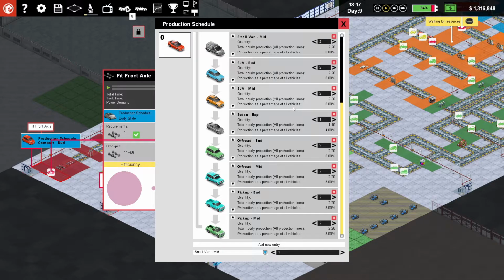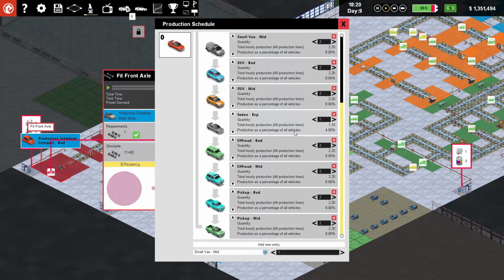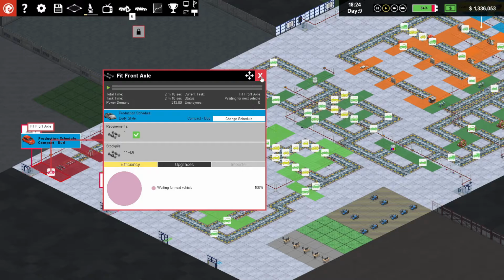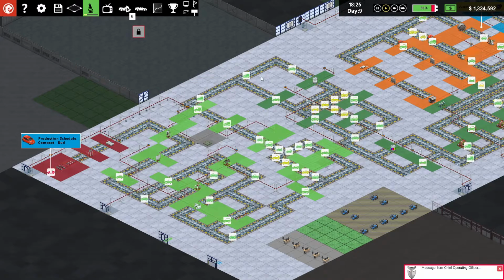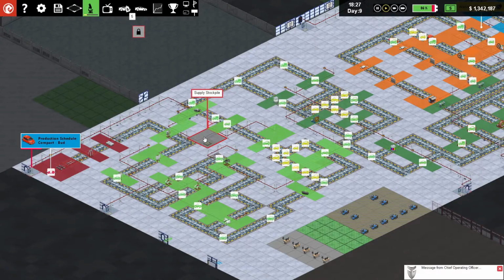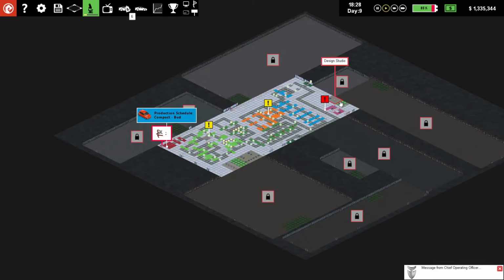And if we think they're going well, we have put it up to 3 vehicles per hour. And if we think they're not a high seller, like the sedan expensive, we're dropping it to 1 per hour. And hopefully we will get the balance right. So I'm just going to keep this running till we clear the backlog. And then